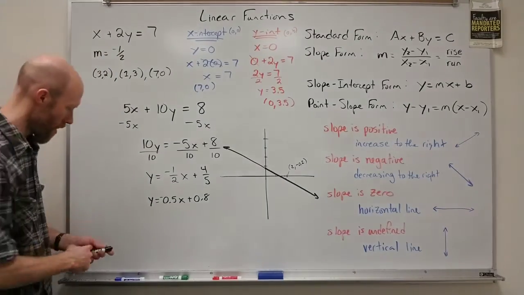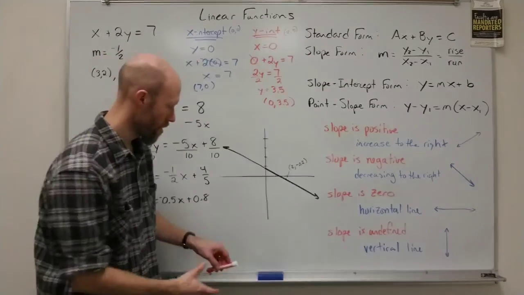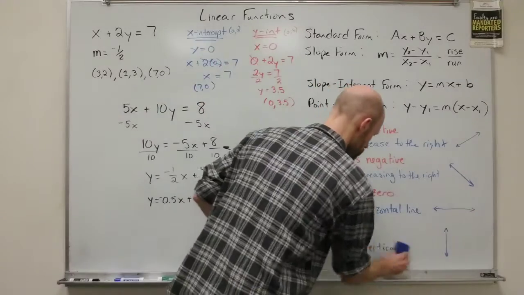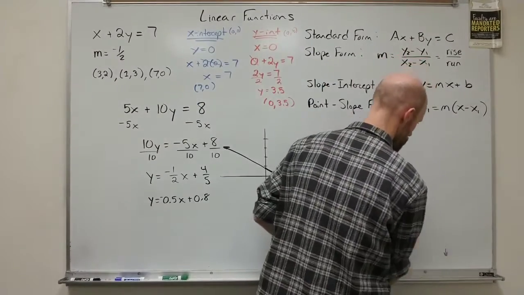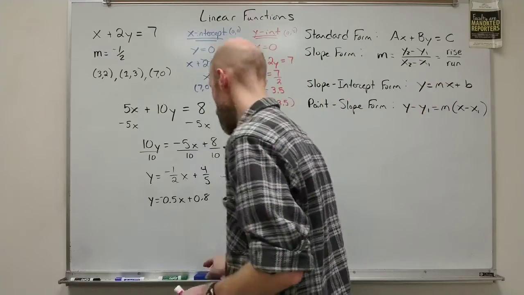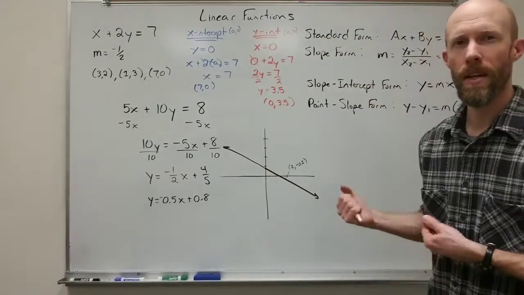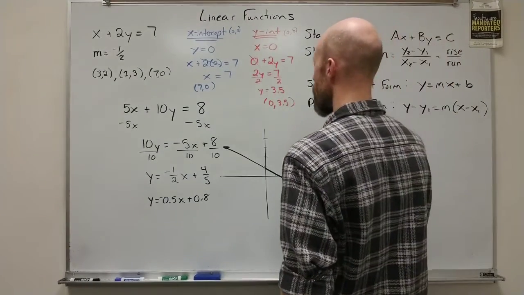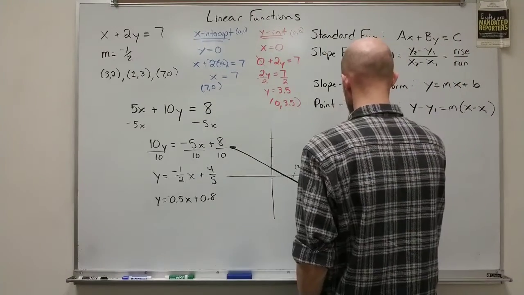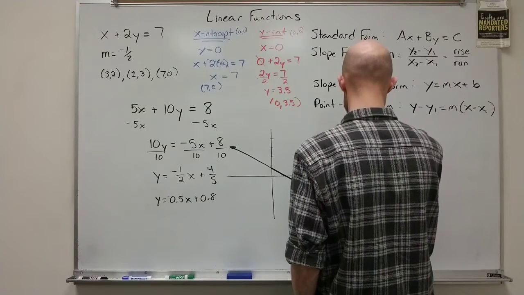Okay. Maybe one more quick example. Actually, I'll do one more example, but I'll do it in two different ways, where I'm just going to try to plot the graph of a line based upon an equation. And so if I get an equation like, I don't know, 6x minus